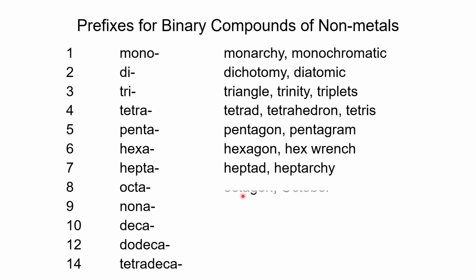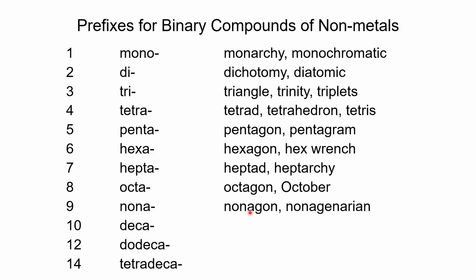All right, octa. So octagon, of course, 8-sided objects. Of course, October is the 8th month of the... wait a minute. All right, you may be thinking October is not the 8th month; it's the 10th month of the year. Well, on the old Roman calendar, October was the 8th month of the year. September was the 7th month, October was the 8th month, November was the 9th month, and December was the 10th month of the year. And in that old Roman calendar, March was the 1st month of the year. And then they went about and invented January and February, and that fixed everything, I guess. Anyway,